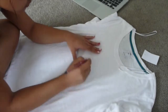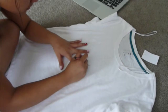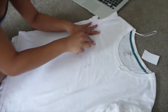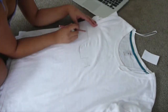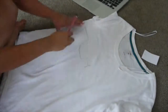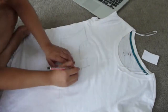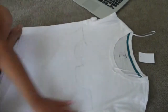Using that picture that I've just opened up on Google Images and drawing out my Batman. Now, I didn't have any ink left on my printer, and I thought that it would be easier for me to draw it as I do design, and I could also map out how big I want my Batman rather than the size that I will print it out, and especially if you print it out it takes up a lot more ink. So all I did was use that picture as a guide and then drew it out onto